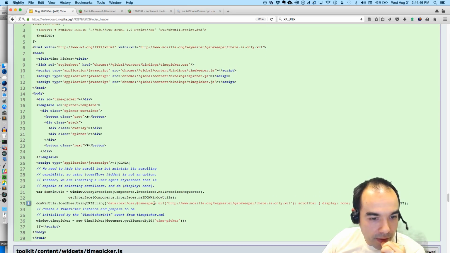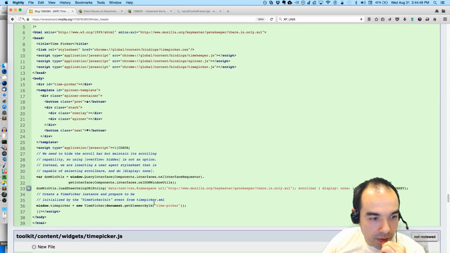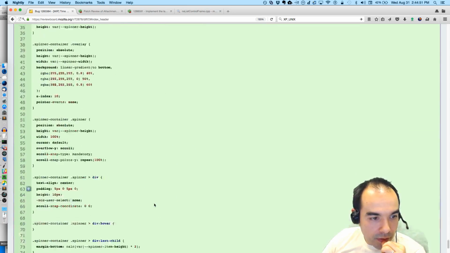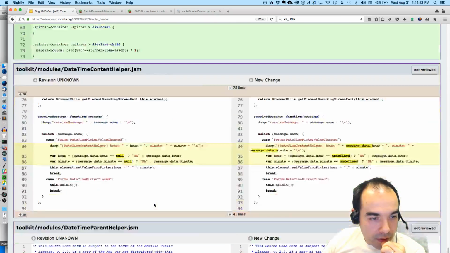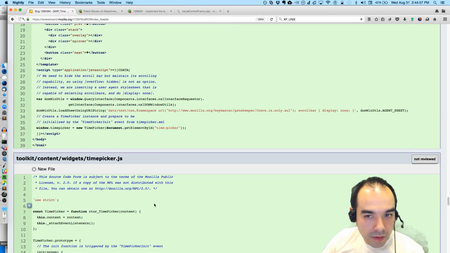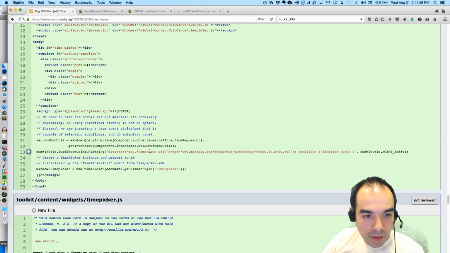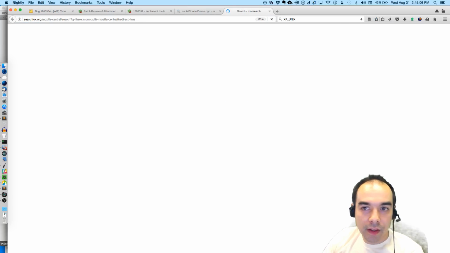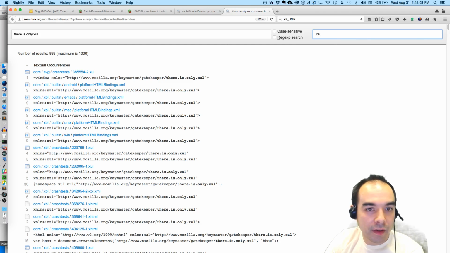The namespace. There's only XUL. Is there anything like that inside a CSS file?